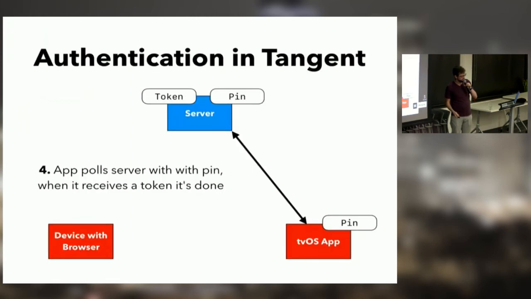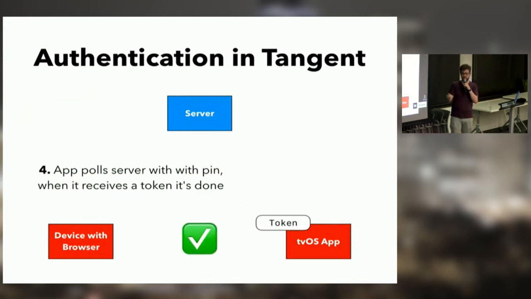And the final step is, the entire time this has been happening, the moment the app launches, I actually begin polling my server. So the client polls the server every 5 seconds, and it asks, hey, do you have a token for this PIN? Basically, like every 5 seconds, do you have a token yet? Do you have a token yet? And at one point, once this whole process is completed, this request will actually succeed, and the token is transmitted to the tvOS app, and then I am totally logged in. So at this point, I'm done.